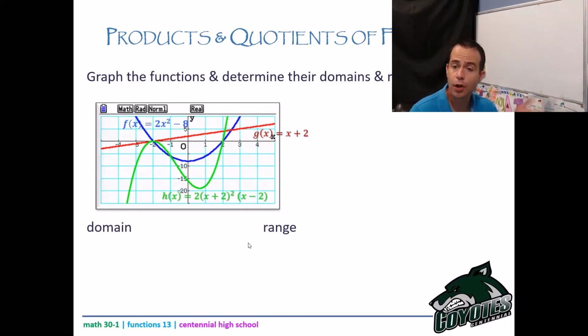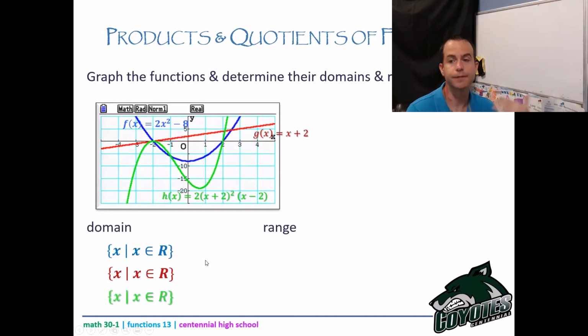The domain for all of these guys will be real. I'm going through this part a little quicker because it's very similar to what we just did. The range, again, I need to know the bottom of my f of x. The bottom of my f of x there is at -8. I can just tell that from the equation, but if you didn't know that from the equation, you could graph it and calculate the minimum point. So y is a member of the reals for